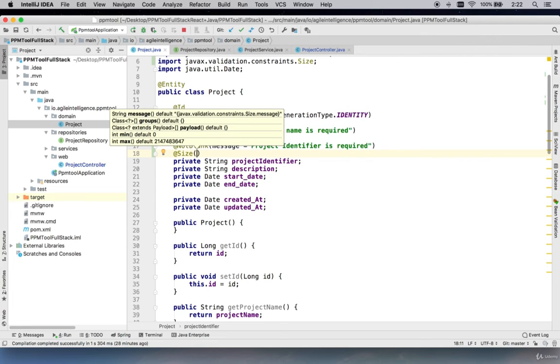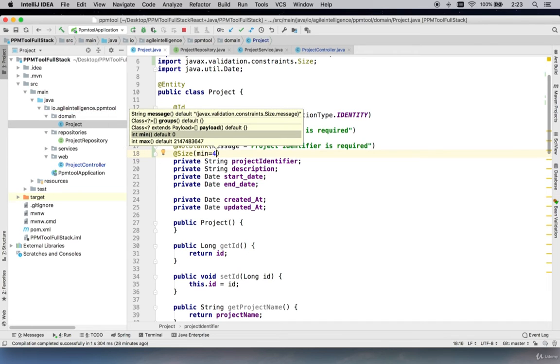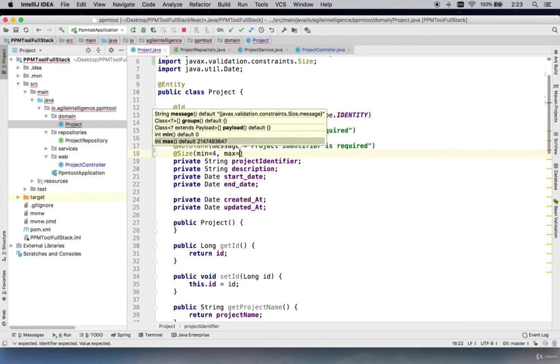Basically, when you create a project with Jira, based on the project name, Jira will give you a string identifier that's actually like an abbreviation of the project name, and that also helps you drive the sequence of the project tasks that you have in your project. So again, I'm getting ahead of myself, but I wanted to give you some context as to why I'm doing this. So we're going to have, again, minimum 4 and max 5 characters,